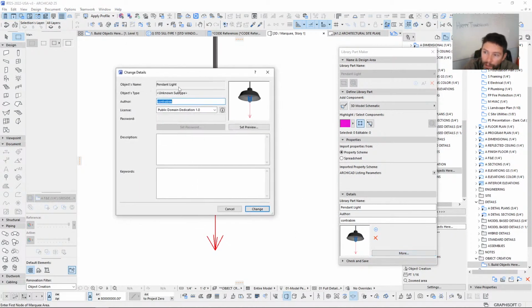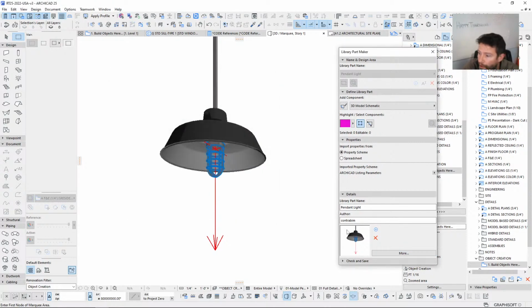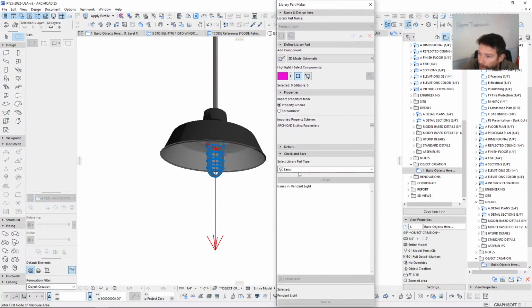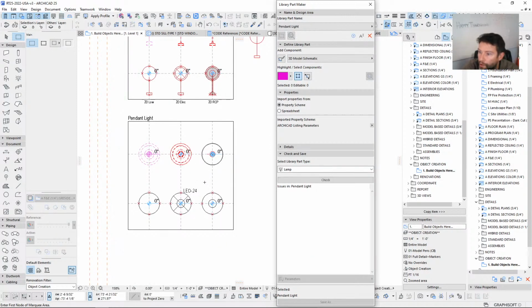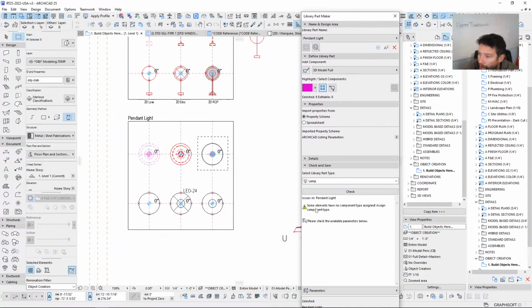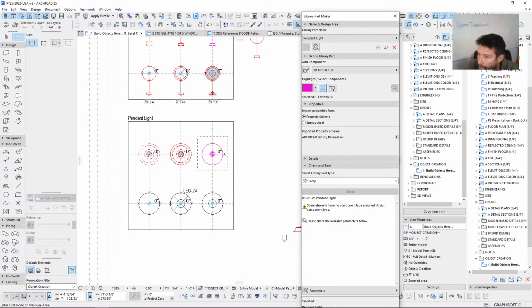So our object type is something that we need to address here. And where we can do that here is under this check and save. Well, okay, so it's assigned as a lamp. Let's go ahead and we're going to go back to our 2D view here. We want to check this. And so, okay, so it's